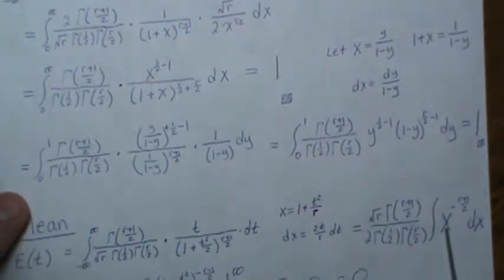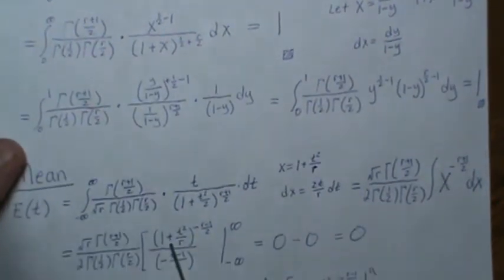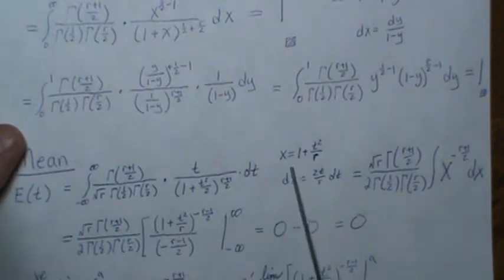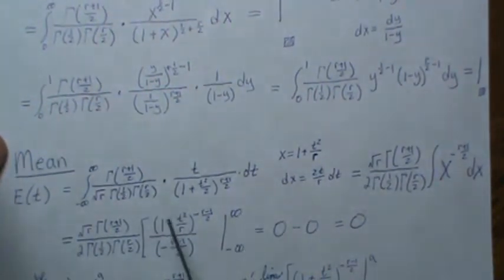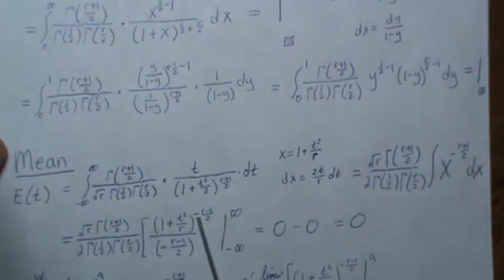So you get x. But we're going to replace x with what we said so we can bring it back to the t world, and we know the limits of integration here. So now, this is a constant in regards to t, so it can factor out. And then this is a negative, so I think of it as coming down. So when you plug in infinity,